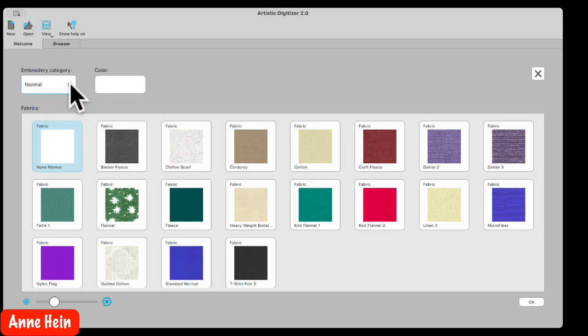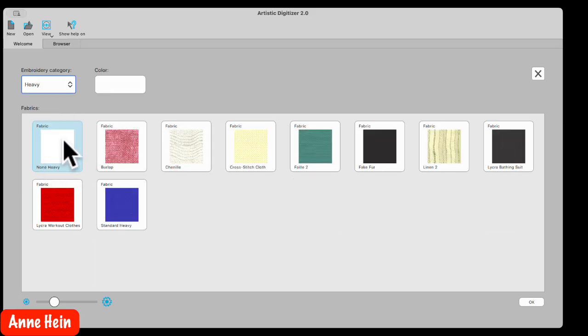And then this is the category I was talking about that sets your density. So you can work with any of these. We have the smooth, ultralight, light, normal, and heavy. And you'll notice when you go to the different ones, it will change the fabrics that are over here. So you can kind of see, oh, if I'm working with this type of fabric, maybe I would want to start with heavy if I'm designing, so that it would preset my